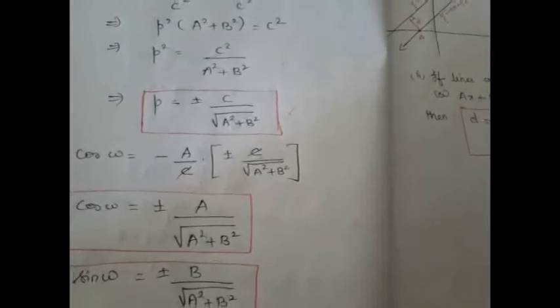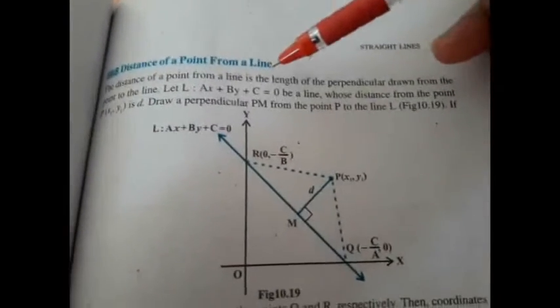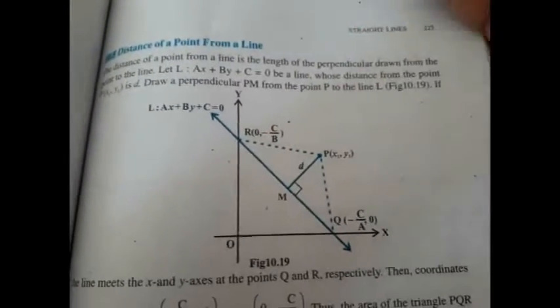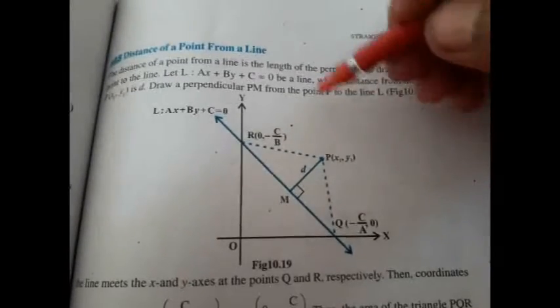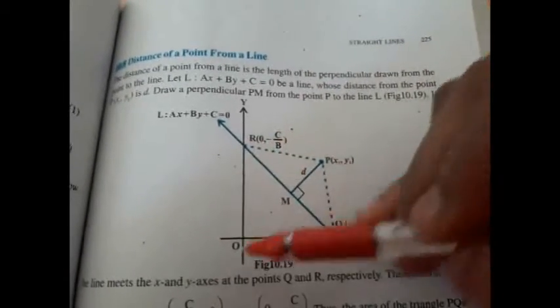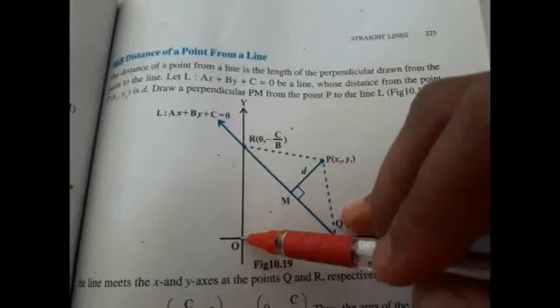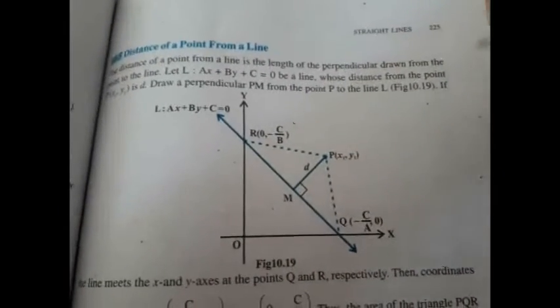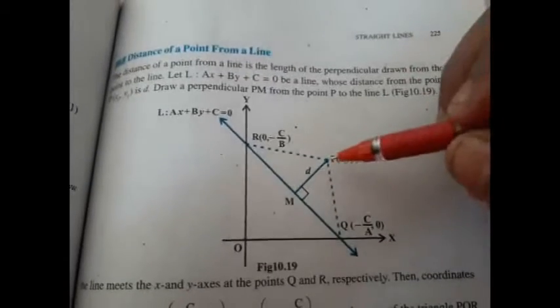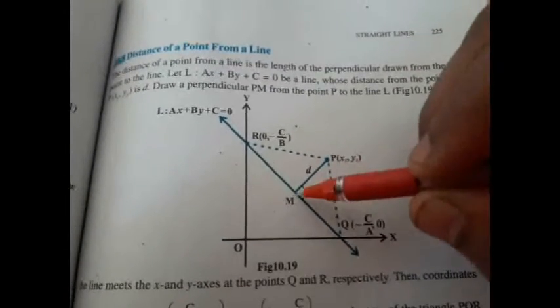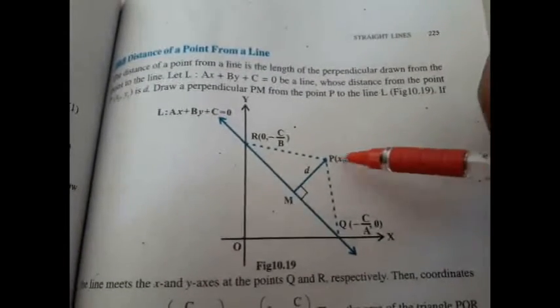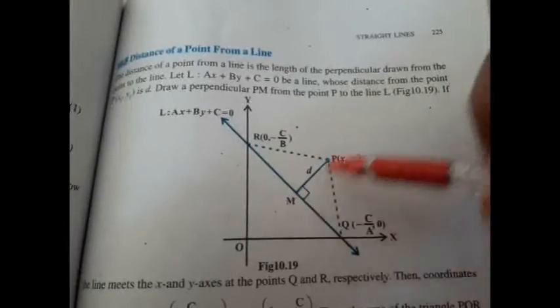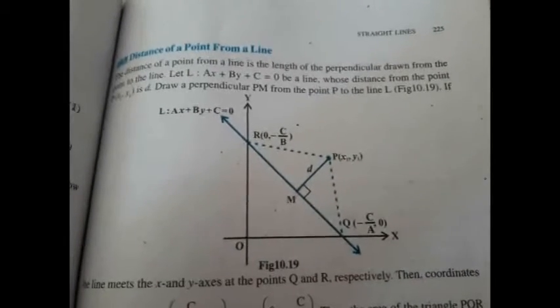Now we are going to learn 2 more concepts. We are going to learn distance of a point from a line. In the previous topic, we have learnt about the perpendicular distance of the line from the origin. P denotes the perpendicular distance of the line from the origin, what we learnt as P. Now we are going to learn distance of a point from a line, which is nothing but the perpendicular distance, the length of the perpendicular